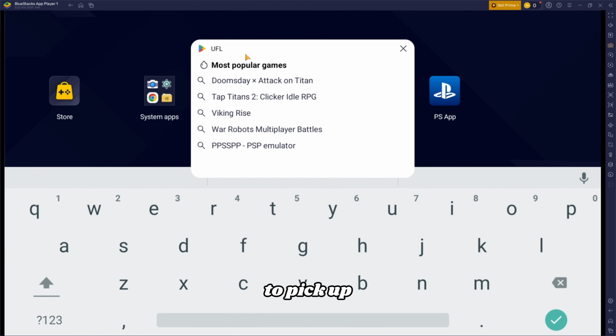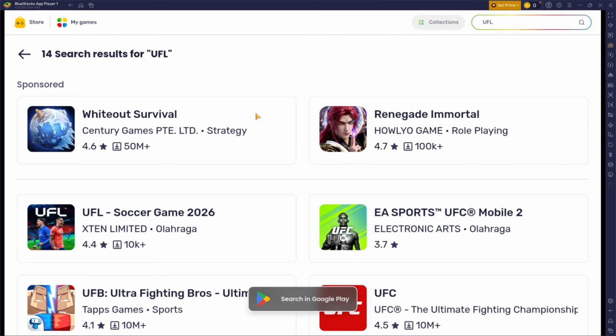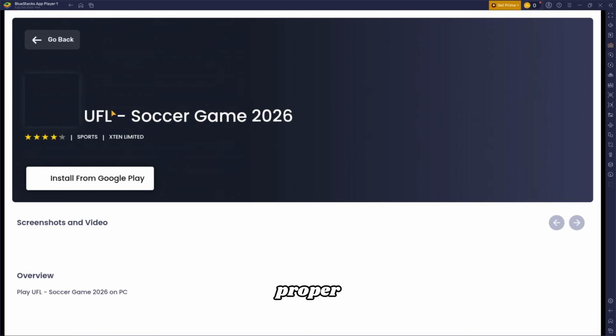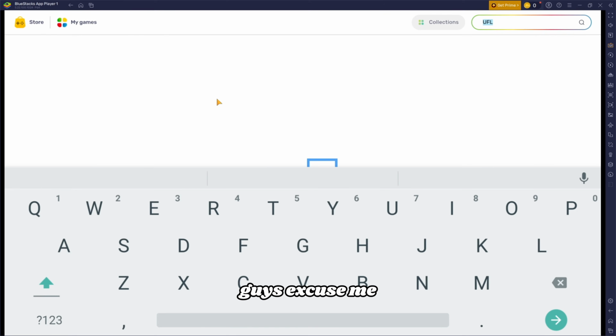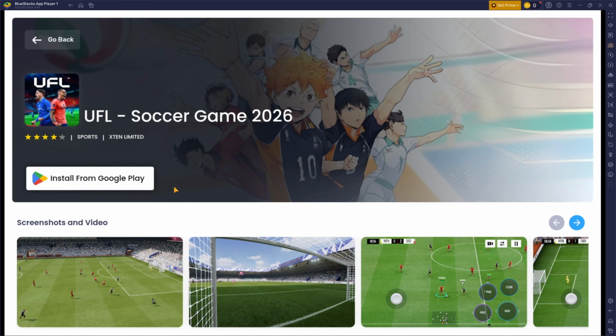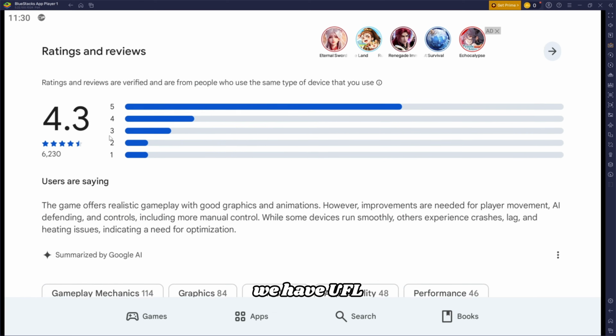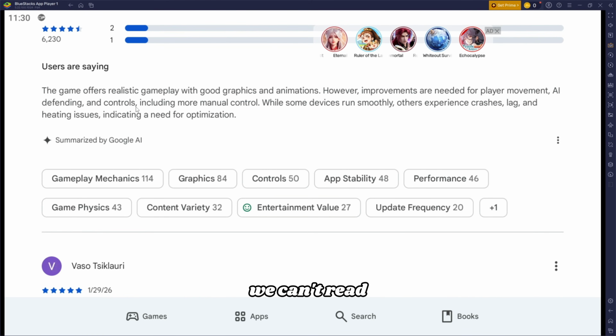We should be able to pick up UFL Mobile. Shouldn't be a big deal. UFL Soccer Game 2026, and this is by the proper, so excuse me guys, UFC Mobile 2. I've never seen that game, but okay. Apologies. We're just gonna click on install,